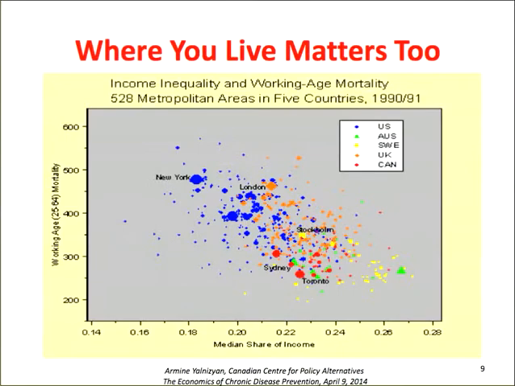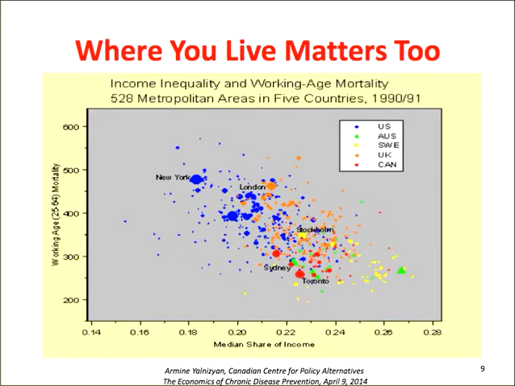This is a chart that shows, this is quite old, 1990-91. And the big red blob at the bottom is Toronto. And below Toronto is a bunch of yellow dots, and they're all Sweden. And the further along you go, the more you have unequal distribution. The further along you go to the right, the more unequal is the distribution of incomes. And the further down you go, the better is your health. So there's a tight correlation between ill health and high income inequality. And this is 1990. We don't have anything like this that is more up to date. But as Dr. Kruger was saying, these things have a terrible lag period.